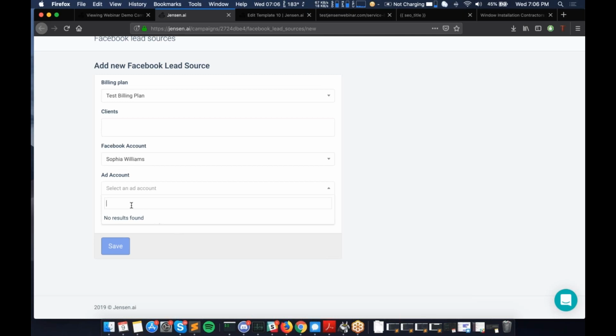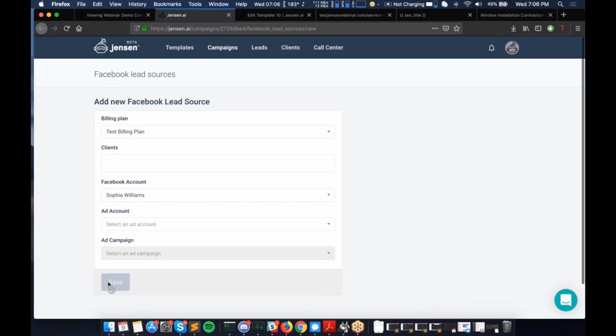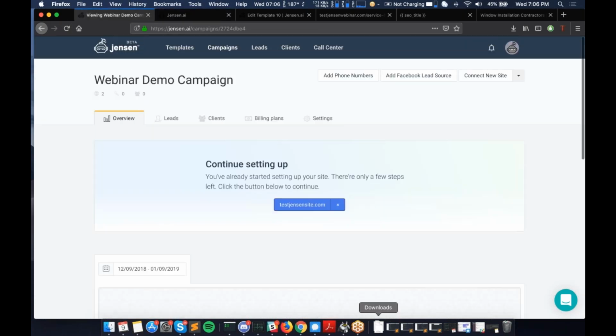I don't have my live campaign connected here. I'm just going to give us a quick visual. So you'd be able to add your account, select your account, and then you can actually select your campaign. Click save, and what that's going to do is you will then have a Facebook lead campaign attached to this